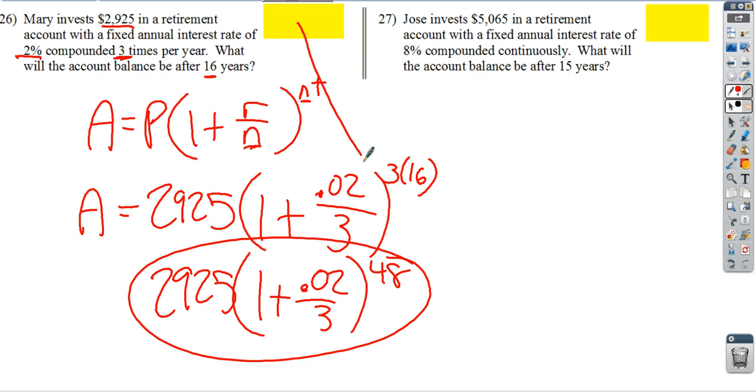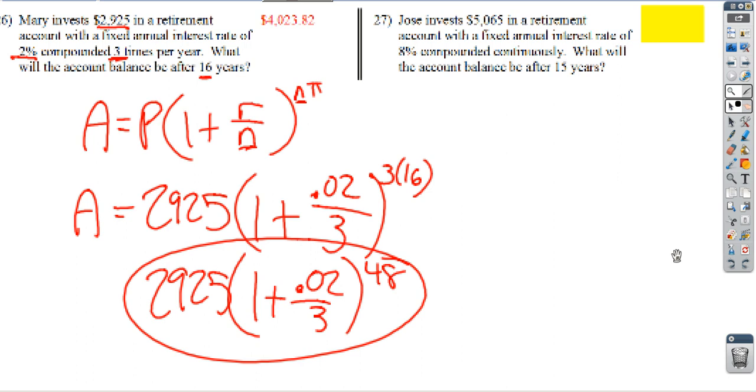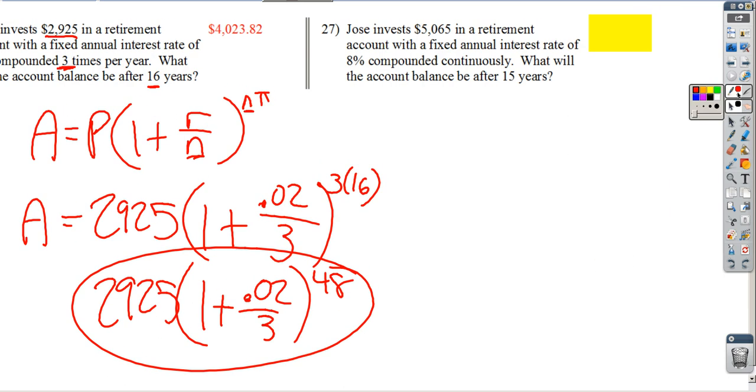And when you do, you come up, whoops, I was supposed to move that, not draw the line. When you put that in a calculator, you wind up with $4,023.82. Okay, this one is slightly different, same idea, but it is continuous compound interest, so we need to use